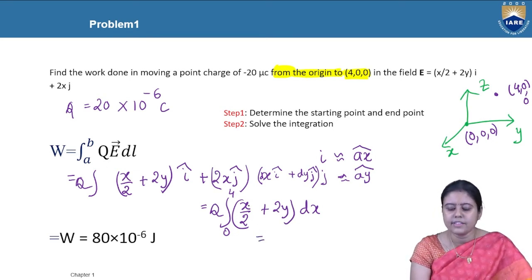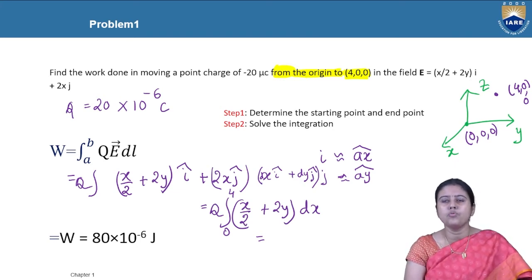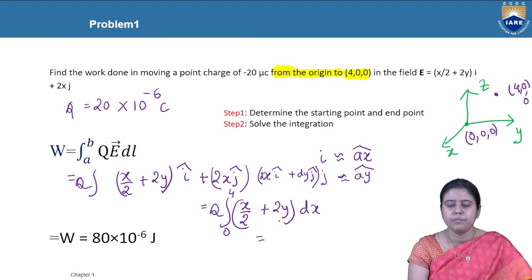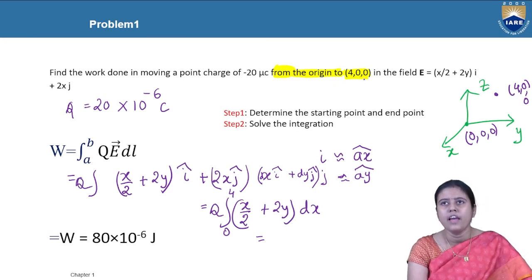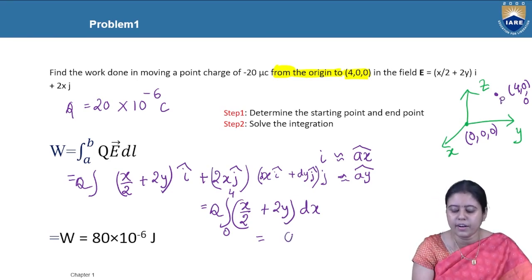It is coming x square by 4, x square by 4 plus 2xy. Now the y value is 0, so we can remove this because y value is 0. The starting point is the origin, and at the point P there is no y value. So what are we getting ultimately? Q is equal to x square by 2